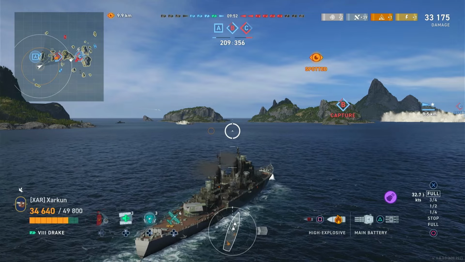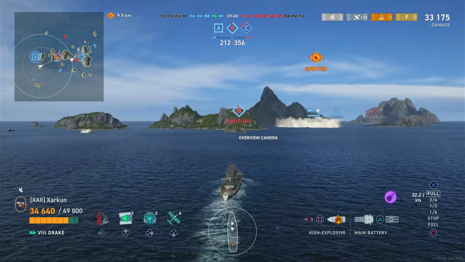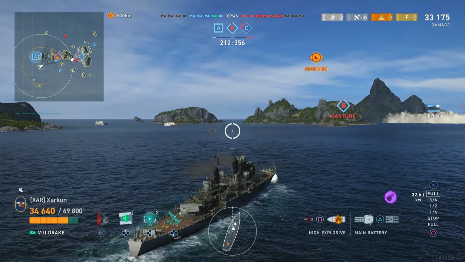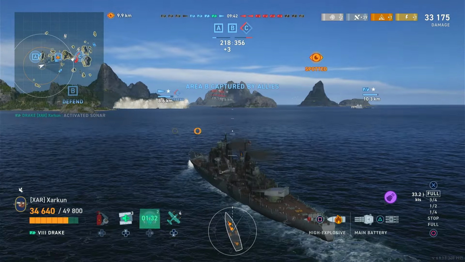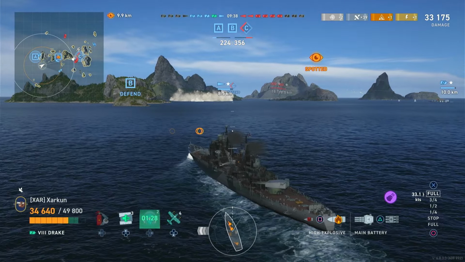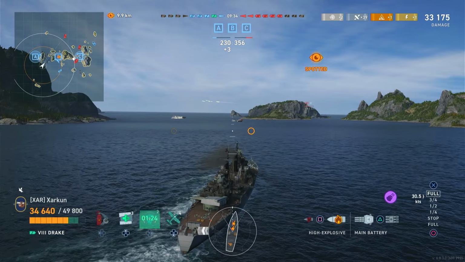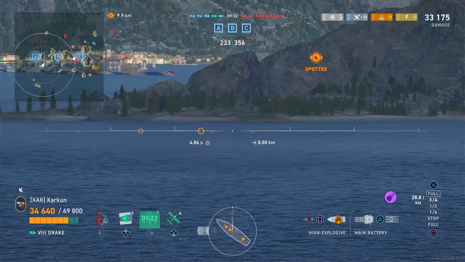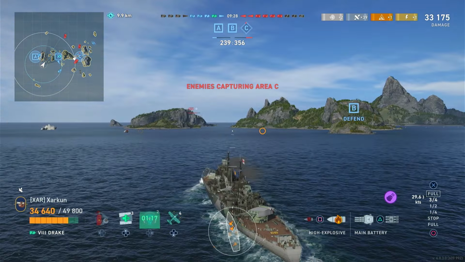There doesn't appear to be any threat to that cap from the red team. And we've got a friendly destroyer who is inside of Bravo and is going to flip it. We're also spotted here by an enemy destroyer, which I believe was the Daring. So we're going to put sonar on, and we're going to hope that none of these battleships are paying attention to us, because if we do have to dodge torpedoes, then that might involve giving broadside to one of the